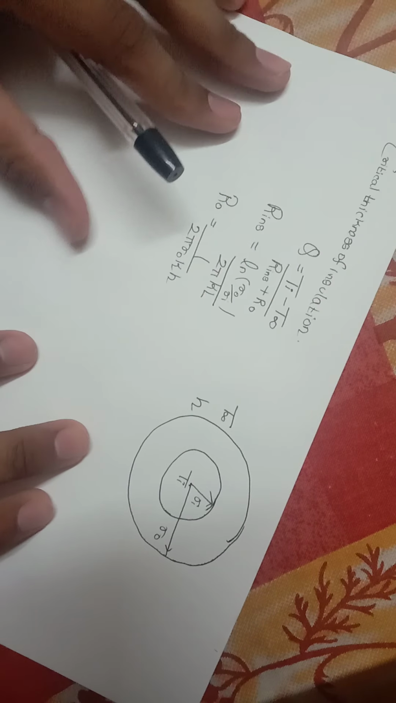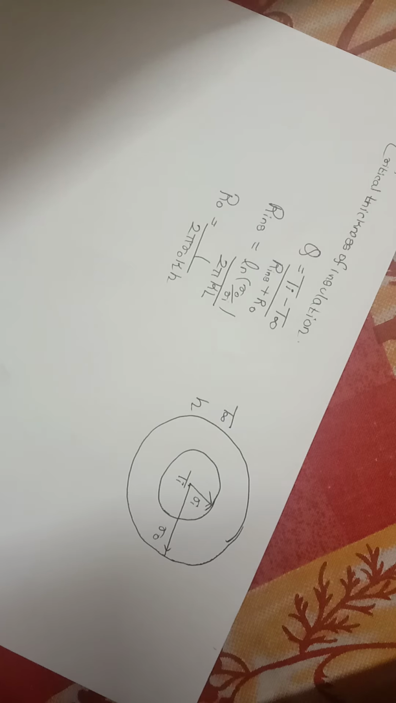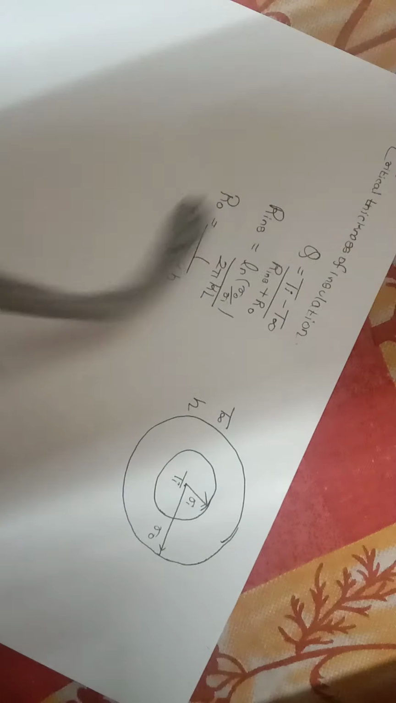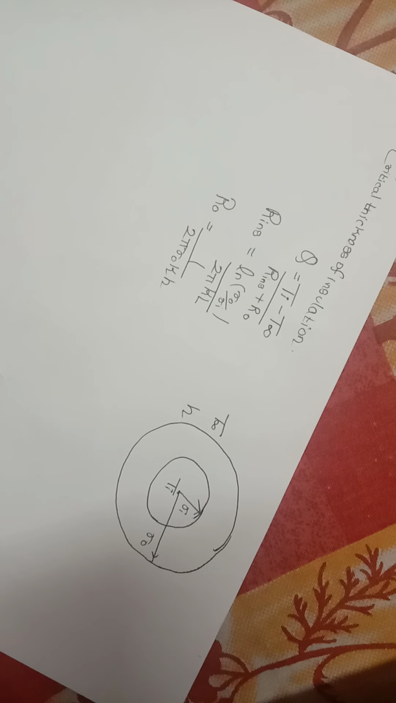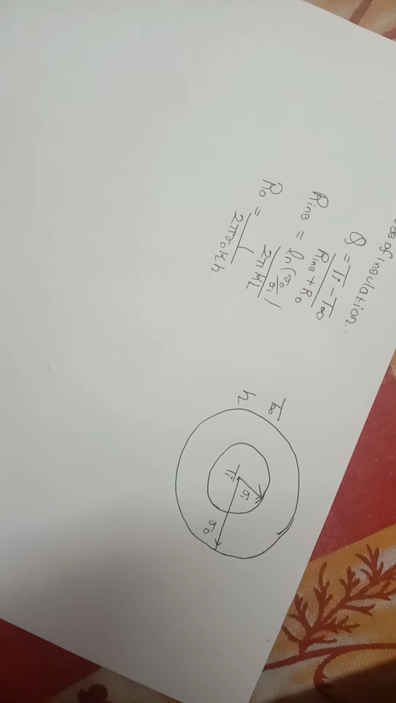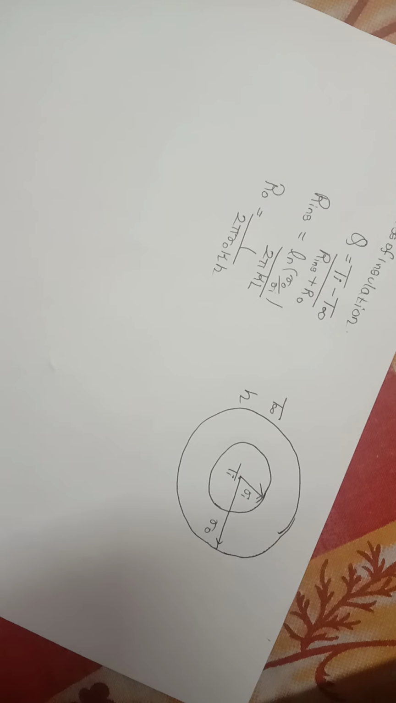Now the next important thing is critical thickness of insulation. So what is critical thickness of insulation? Addition of insulating material on a surface does not always reduce the amount of heat flow to atmosphere. Addition of insulation to the outside surface of a cylindrical or spherical body increases the heat loss up to a certain